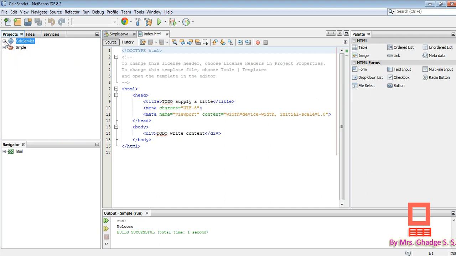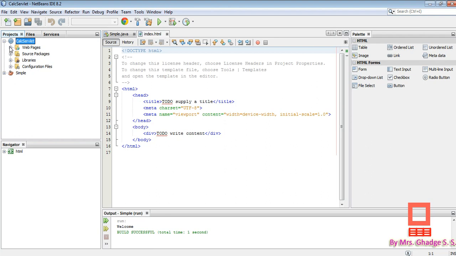Just explore this, click on the plus sign. Then you can see a total of 4 folders are created. The first folder is web pages, second is source packages, third is libraries, and last is configuration files.